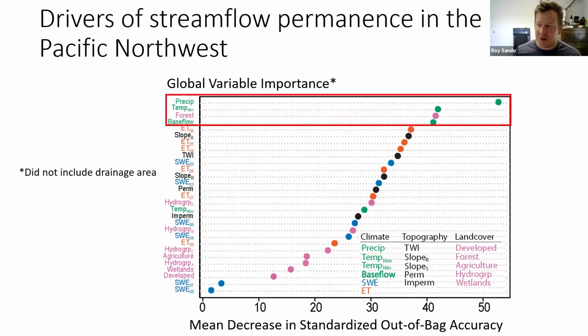One thing to note here, though, is that we didn't include drainage area. We went back and forth on this a lot. It was kind of a head scratcher to most hydrologists, I think rightfully so. But the reason we didn't include it was the argument that drainage area is not a causative variable, but more likely an associative or corollary variable. And so we were hoping that we could explain the variance through things like precipitation, land cover, etc. We have started to include that because it was probably a little bit naive that we excluded it in our first go around.